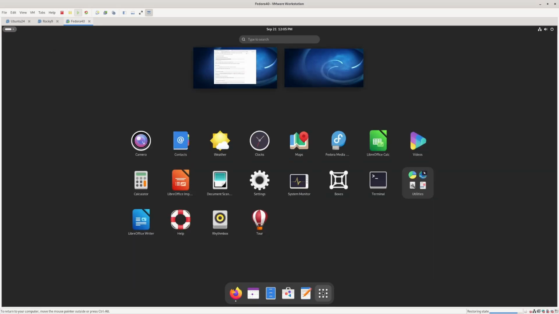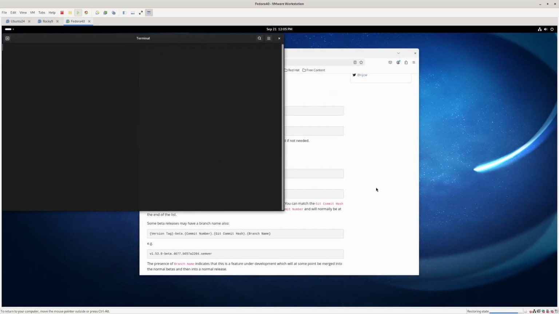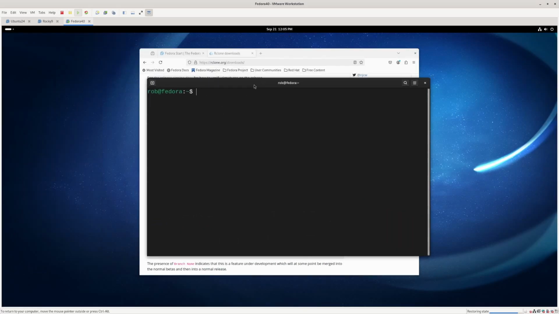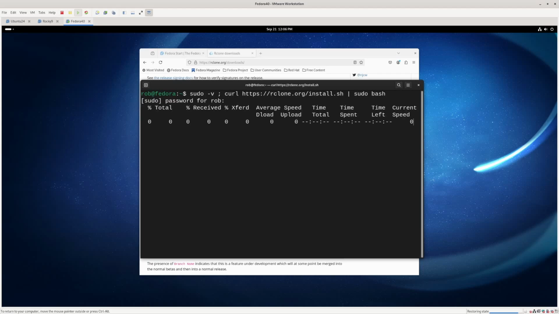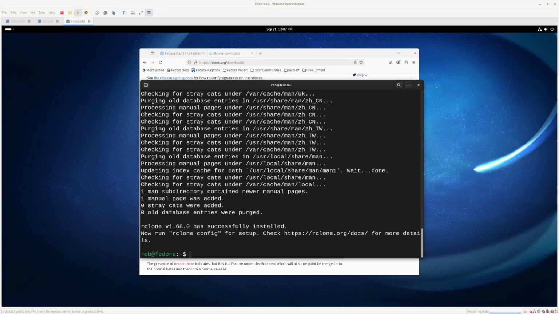open up a terminal, and simply paste that command into the terminal. Enter our password, and I'll pause the video while the install takes place. Now that RCLONE has successfully installed, let's clear our screen